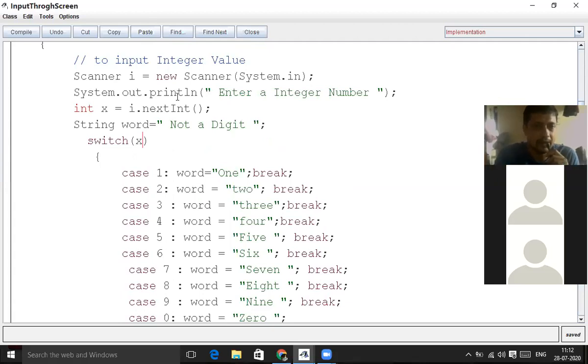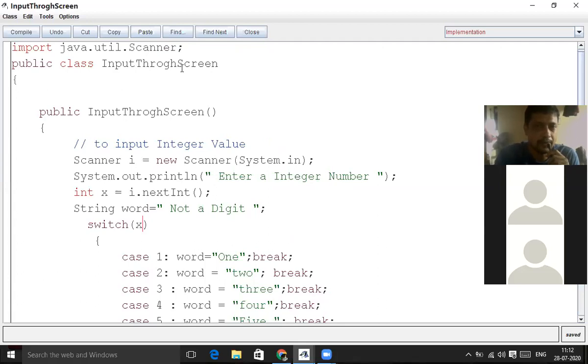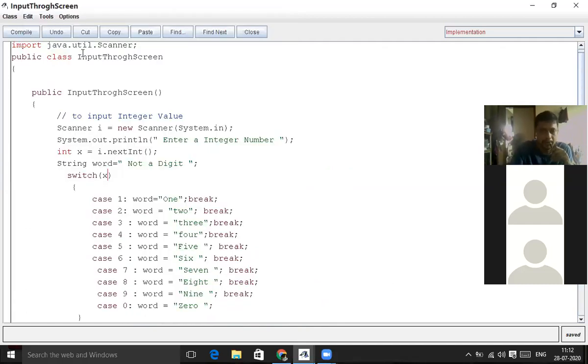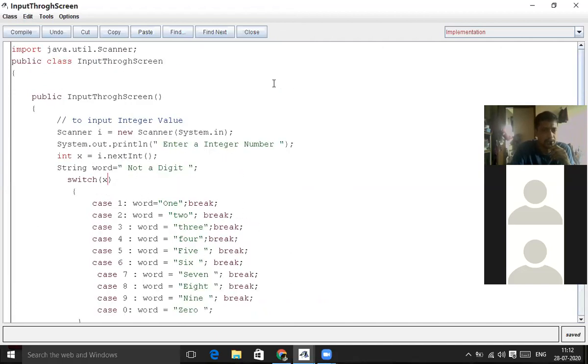I believe you have taken the screenshot. If you want everything in one screen, I will make it a little smaller so that everything will come in one screen, but it will be a little smaller in size. Okay, everybody, Purva, is it okay? Please take the screenshot. A few scopes will be missing at the bottom, so you have to provide those scopes in your program when you write.